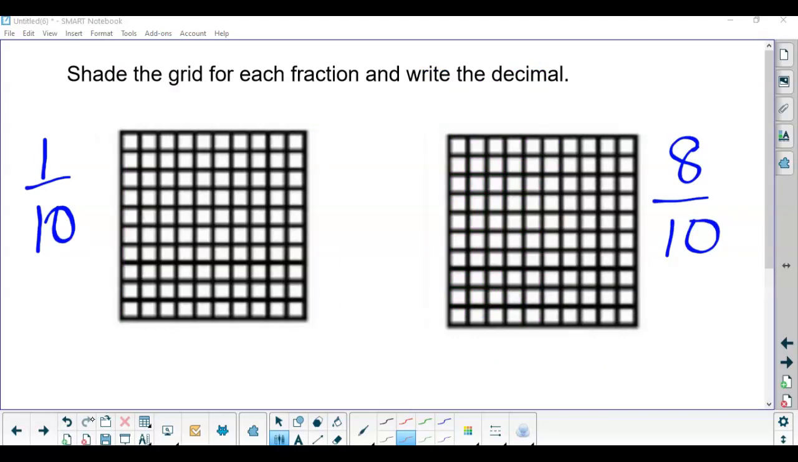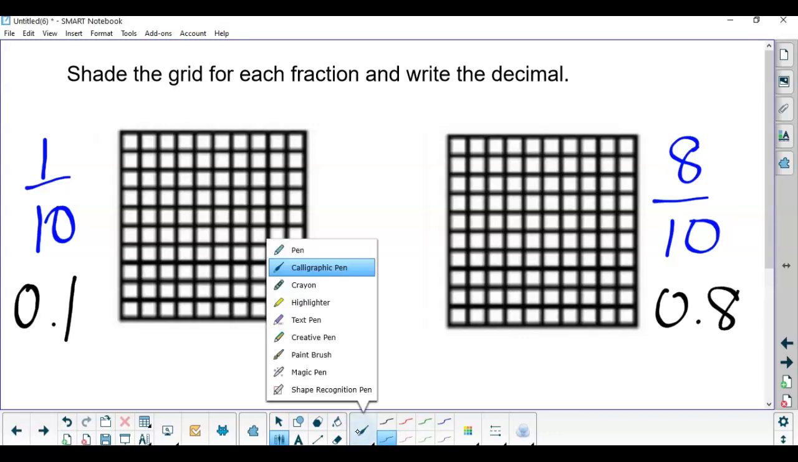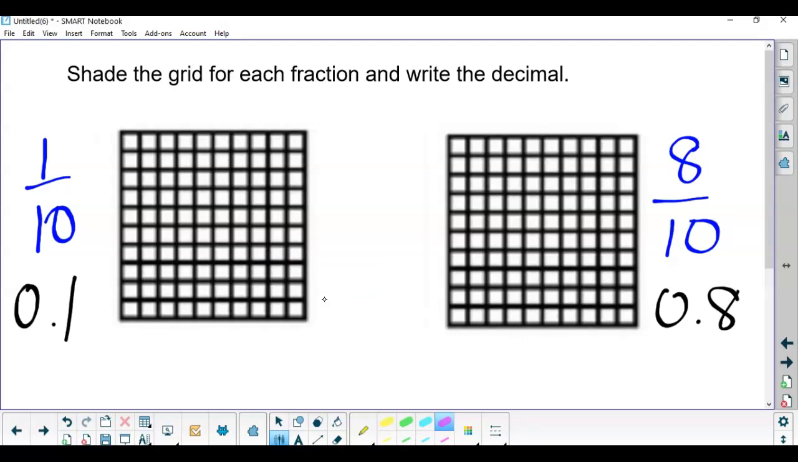Okay, let's just take a look at the actual problems that were on our homework from last week. One of them was 1/10 and one was 8/10. So it said shade the grid for each fraction and write the decimal. So again, everyone was able to write the decimals. But when we went on to shading, we had a little bit of trouble. So we had